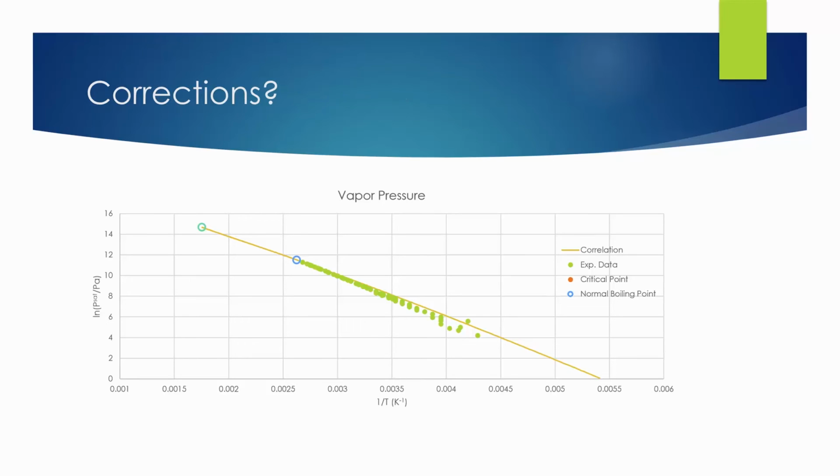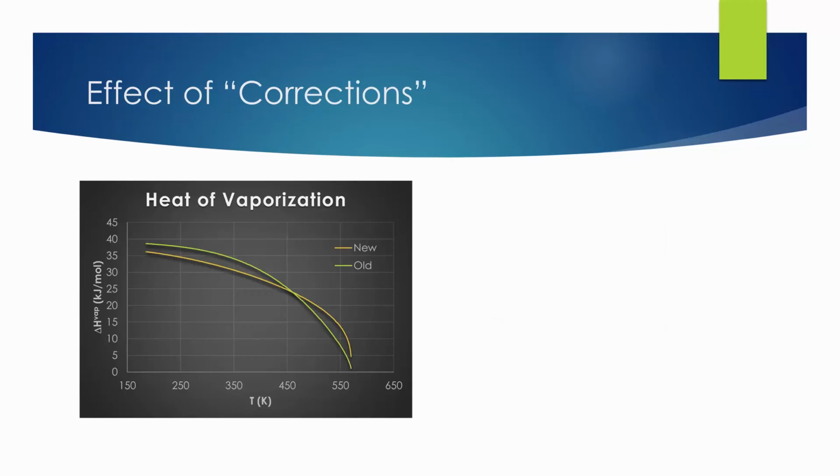To correct these problems, the staff member overseeing this compound decided to not trust the experimental vapor pressure data and instead predict the value using the Rydell method. The yellow line shows the results. Using this predicted data for vapor pressure appears to fix the heat of vaporization obtained from the Clapeyron equation.